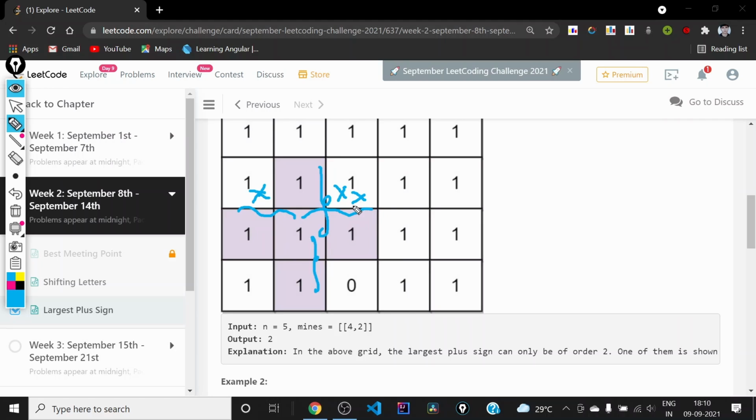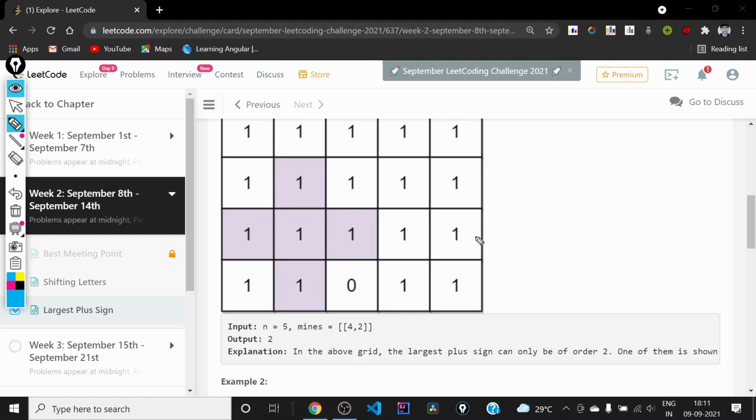If there are more ones towards any end, that is okay, since we need only a minimum of x cells in each of the 4 directions. Among all the axis-aligned pluses possible in this grid, we need to return the largest order.